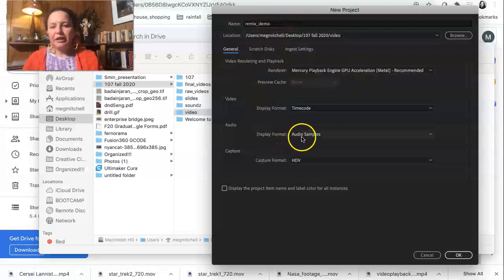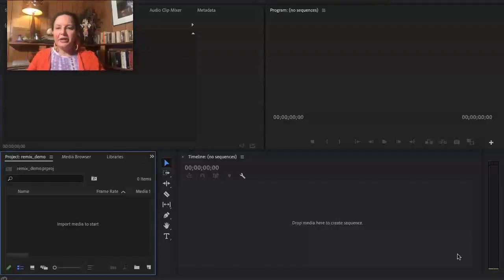This stuff, it's probably a good idea to just check it and make sure, especially if you're planning on using capture, which is basically like what you would get if you're using a video camera. So those might become important later. And then I click OK. Okay, and so now,